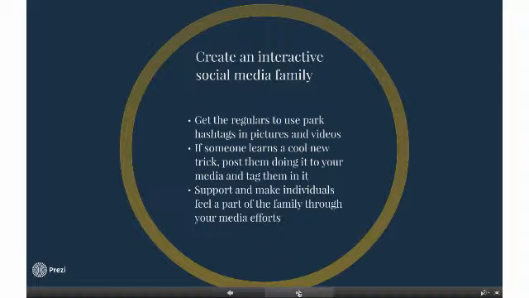One way to create this that I have seen firsthand is to go out and get to know these people that are coming in regularly. Once you get to be friends with these people, see what kind of tricks or what lines they're working on, and videotape them doing this and post them to your social media sites with them tagged in it. This is where knowing your audience comes in, because if you were ever a serious skateboarder, BMX rider, or anything else, you will know that nothing will get you more excited than a company showing your tricks or giving you personal exposure to potentially get a sponsorship or some sort of advertising deal.